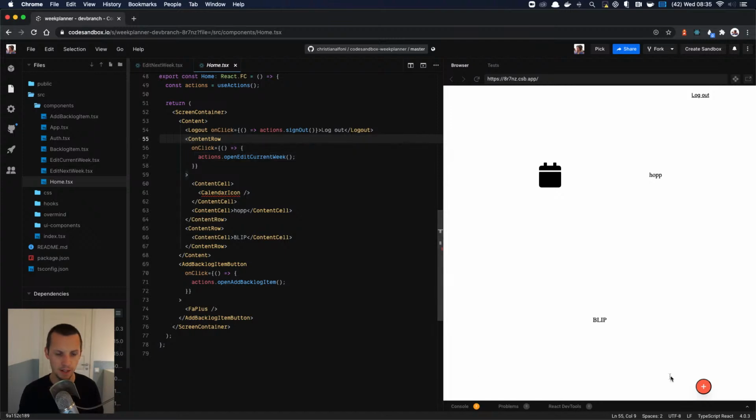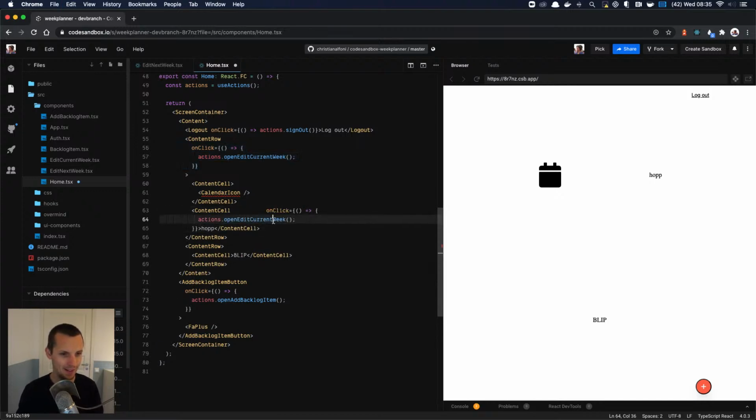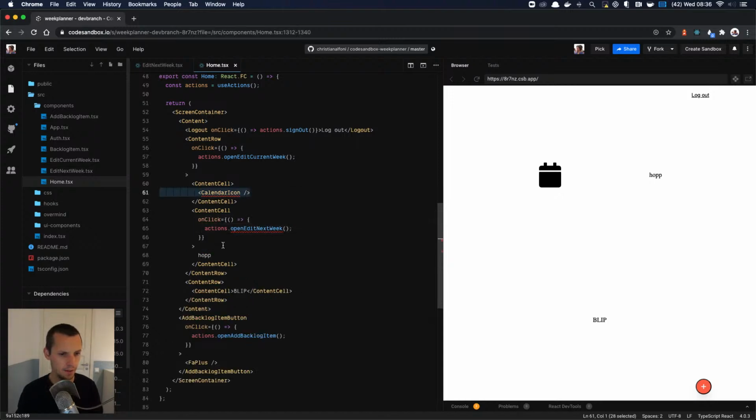Because we're replacing the whole homepage when we click into something. So let's see, content row. Let's just do the same. Is it blip or hop? It's hop. Let's see. Open, edit, next week. Guess we don't have that yet. And then we'll just use the calendar icon there as well.